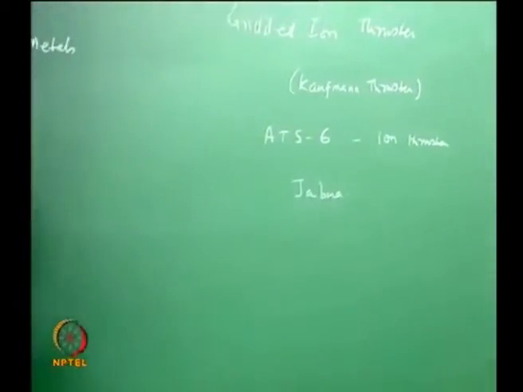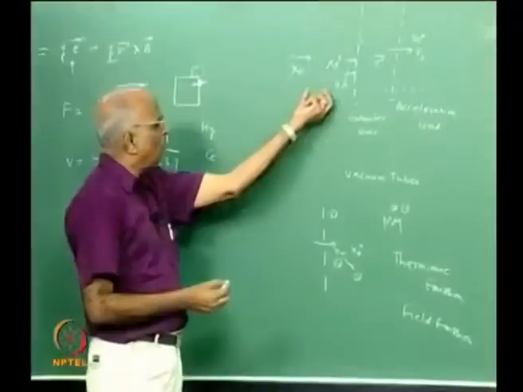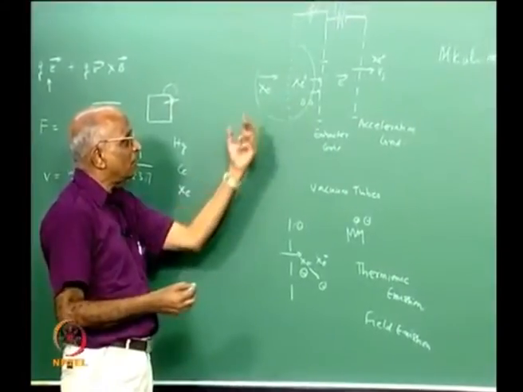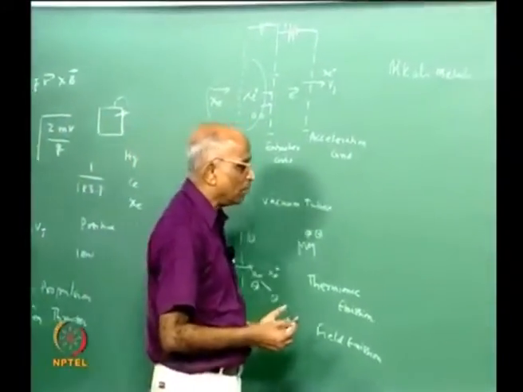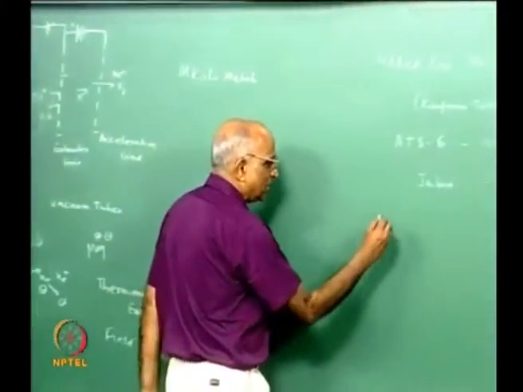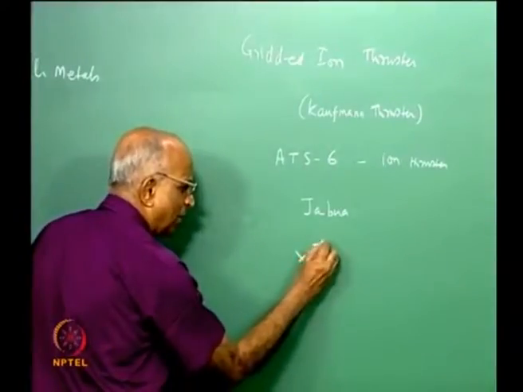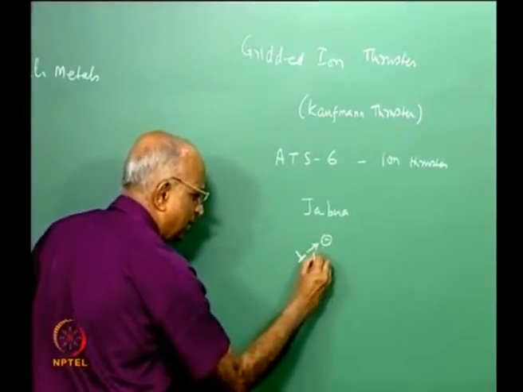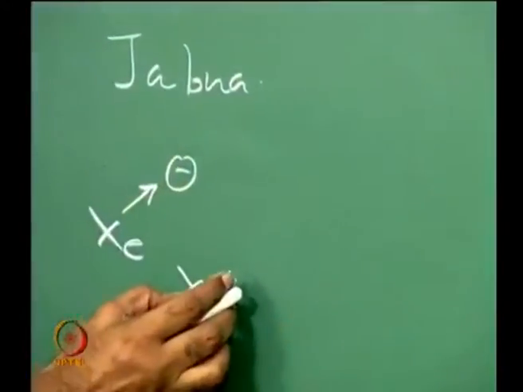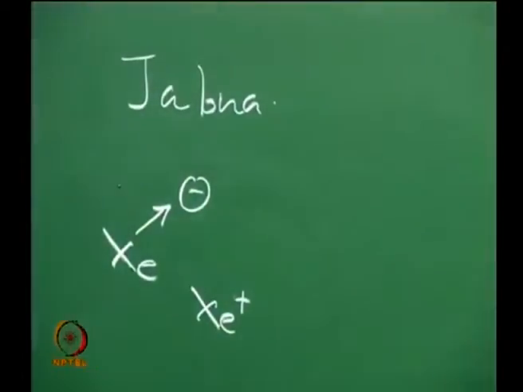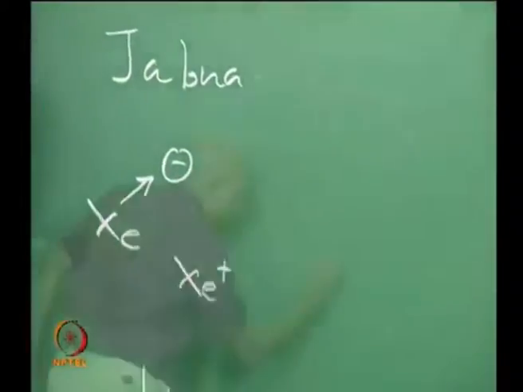Therefore we see, yes, a gridded ion thruster can be used, but is this the only method of generating ions? After all, I need to generate ions. To generate ions, it is also possible that in substances like xenon, I can easily knock an electron out of it and make the xenon positive. That means I remove something, it net becomes positive. I can use something like a low pressure xenon gas,